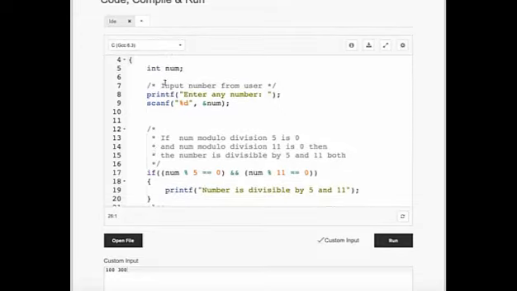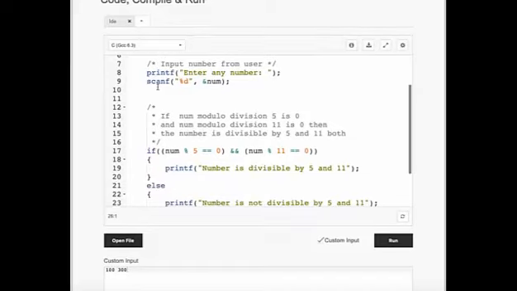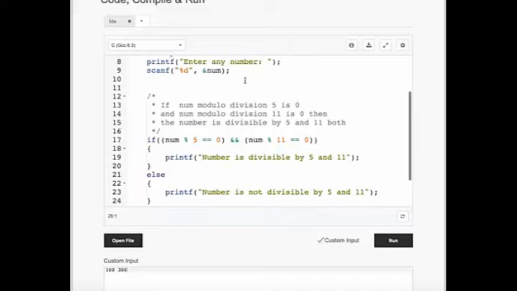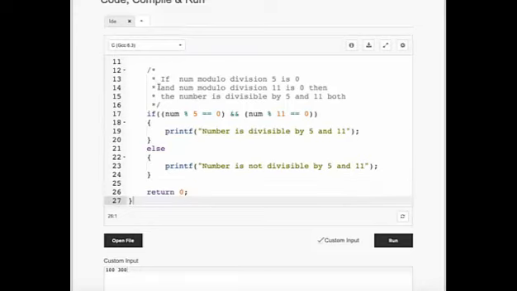So beginning of the function, and I'm declaring one number num, and then I have to take the input from the user through the keyboard, and for that I'm giving this message, enter any number. So I'm using a scanf input statement to store the number that is given by the user in the address of num. So this is the comment line.